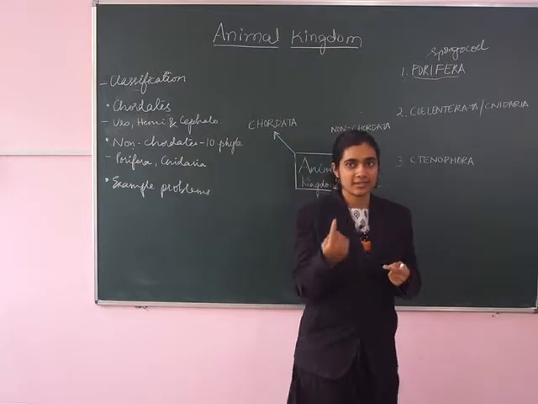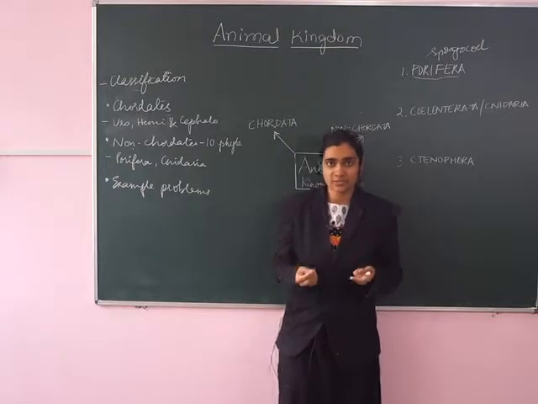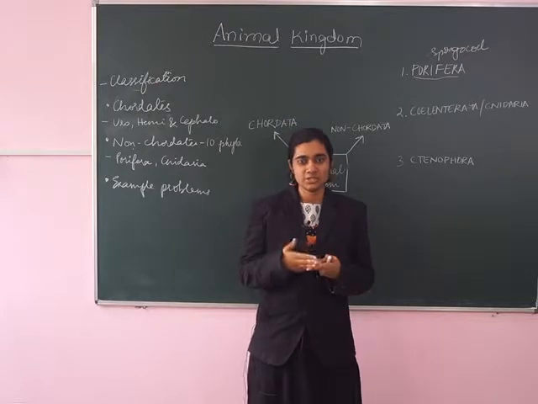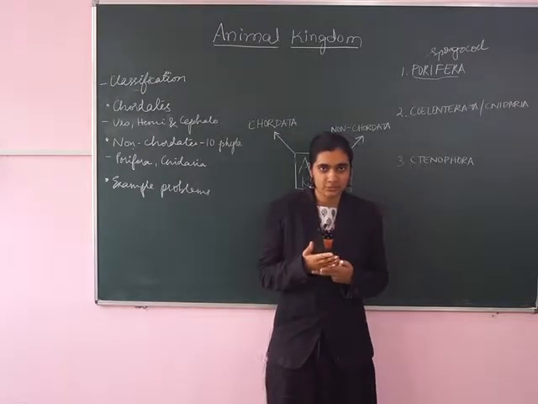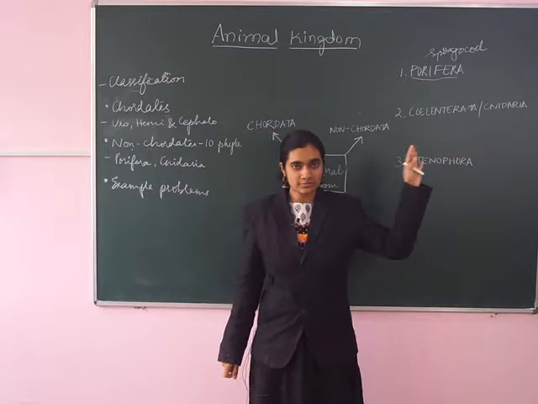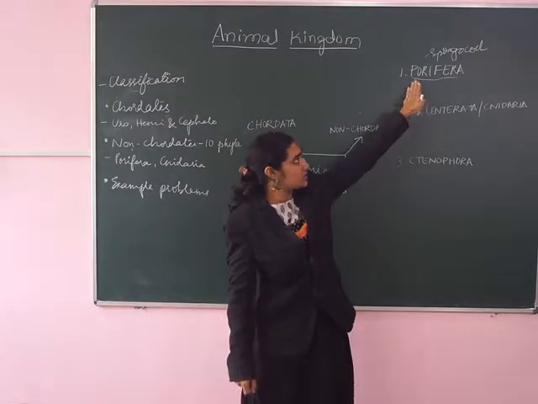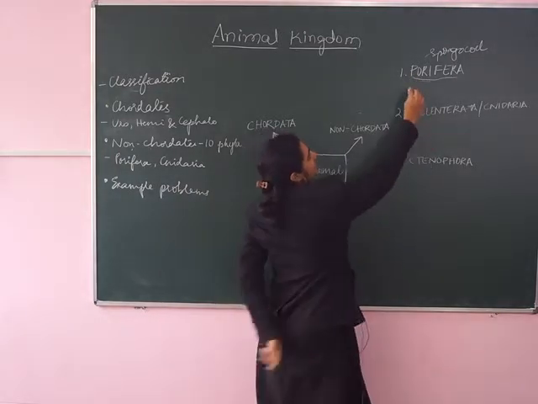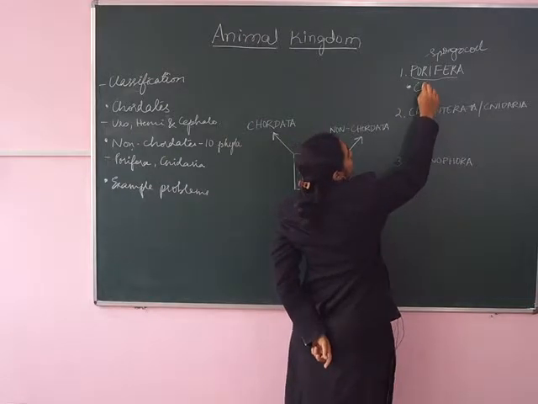Okay, astral rays, spicules. These spicules may either be of siliceous nature or made of calcium carbonate. So based on the composition of these spicules, the classes of the poriferan are given, and these are namely calcareae,